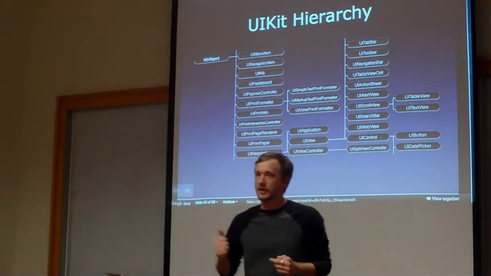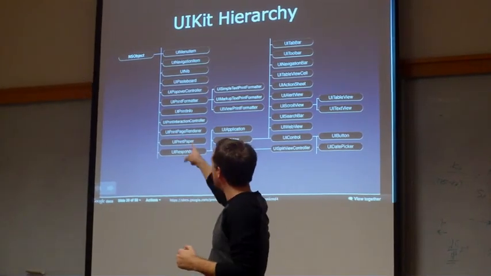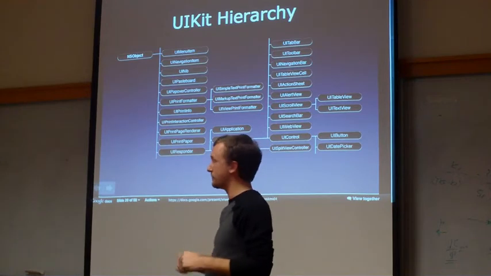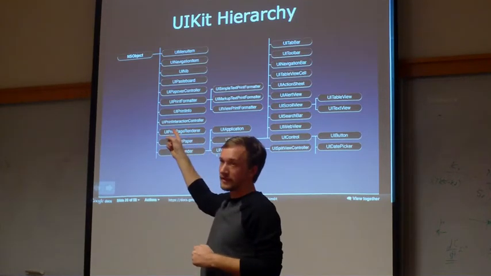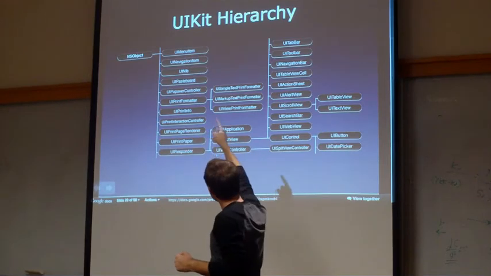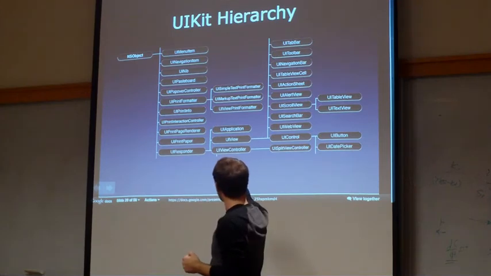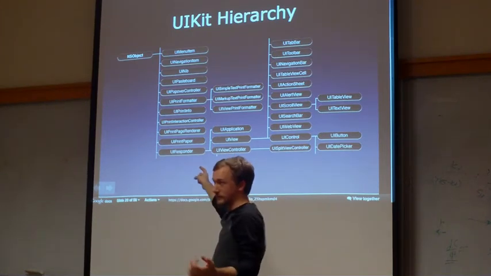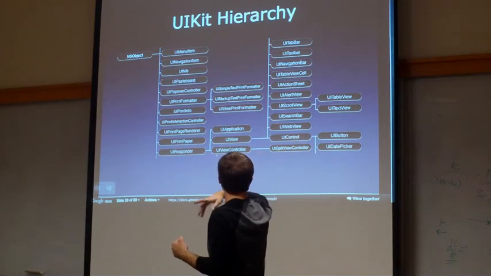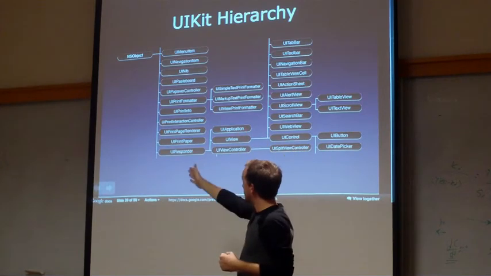Here's a little example of this class hierarchy that is built into UIKit. Everything in UIKit or the NeXTSTEP objects are derived from an NSObject. You kind of move down the chain, you can see we've got menu items, responders, things that respond to gestures or touches, views, your application is a responder, your view controllers, and so on and so forth. It just goes down the line. And you can subclass any of this.